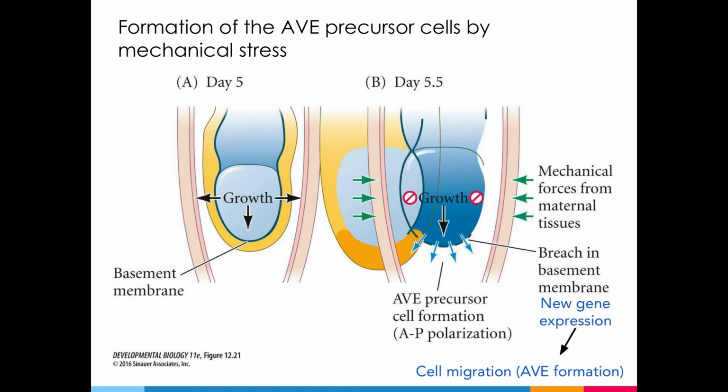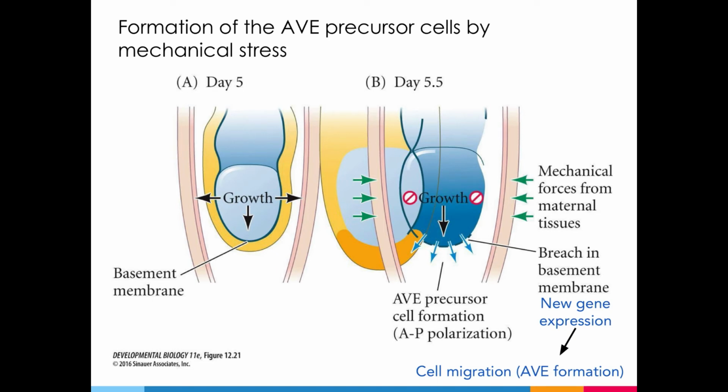Well, the AVE, which essentially determines the anterior-posterior axis by helping to position the primitive streak, is formed as a result of the constraints that are placed by the growth of the embryo inside of the uterus. So mechanical stress plays an essential role in the specification of the anterior-posterior axis in mammals. Initially, when the embryo is small, it grows in all directions. As the embryo grows in size, its growth becomes restricted by the walls of the uterus, so the embryo grows